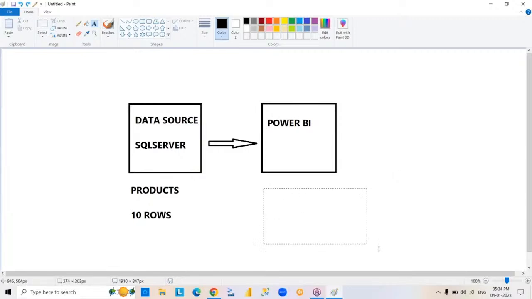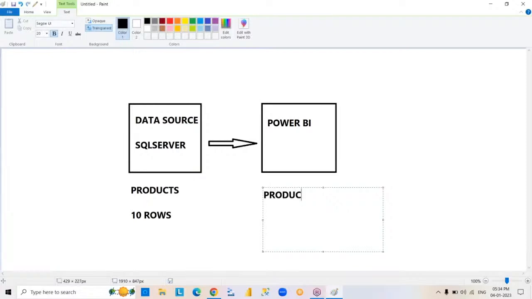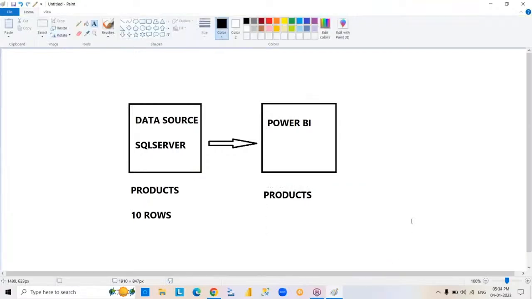Then what happens, you know, only the table structure will be copied from source to Power BI. Data will not be copied. Data will be there in the source only. Only structure is going to be copied from source to Power BI environment. Here what happens, a permanent connection will be there between your Power BI and your data source, because